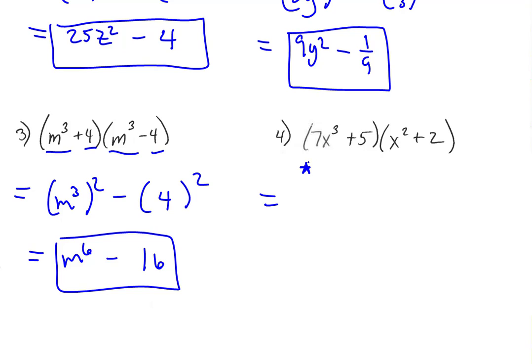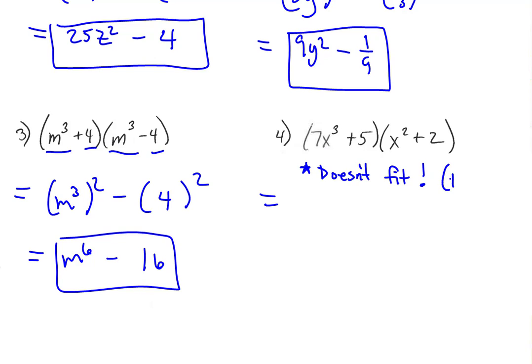So I'm going to say here, this does not fit the formula above. This is not a plus b times a minus b, for two reasons. The a, the first term, doesn't match. We have 7x cubed and x squared. And the last terms don't match either. We have a plus 5 and then a plus 2. So not only are they not different signs, they're just totally different numbers, which means this doesn't fit,